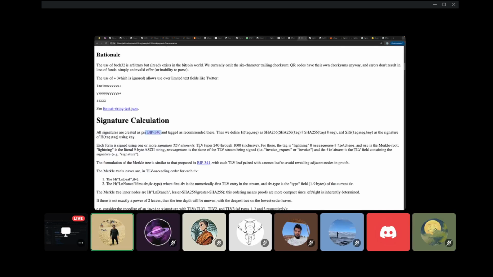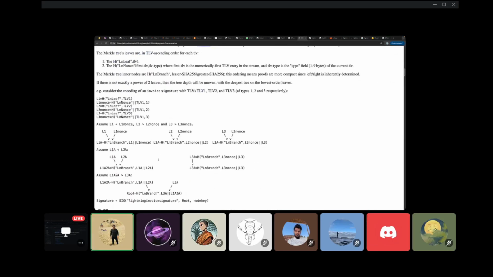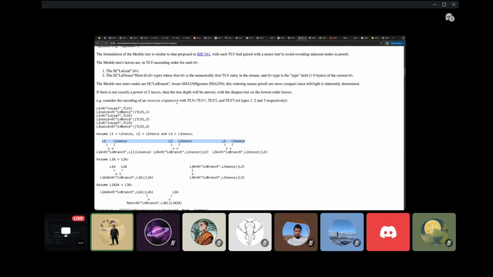So if some of you are aware of it, it's a tree that you sign. You sign the Merkle root of the tree that is constructed using the information inscribed in the transaction. So this is how this works. So you can create a binary tree from all the information that you want to encode inside the transaction using